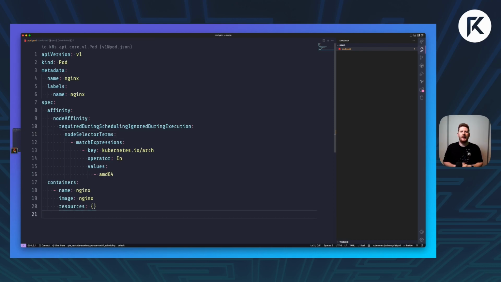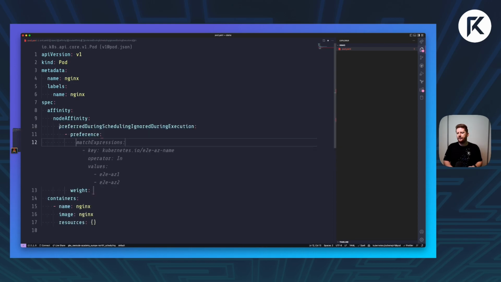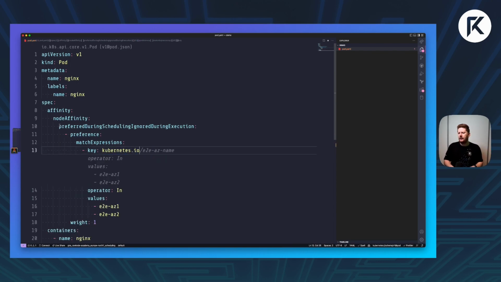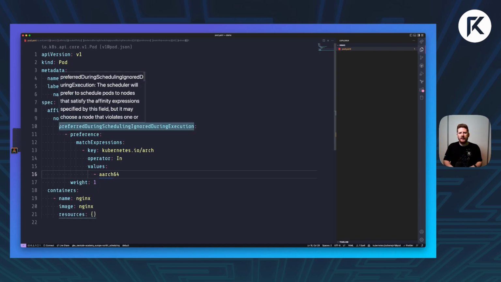Let's move on. So as I said, we have required during scheduling, but also preferred during scheduling. So let's set this now. This time, I'll let Copilot do its thing. We're going to come back up here and use the Kubernetes IO Arch label. Now, we know this cluster has no Arch 64s, so let's drop that in. Now we'll go back to the terminal